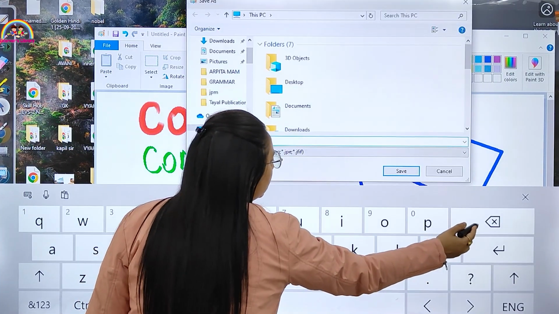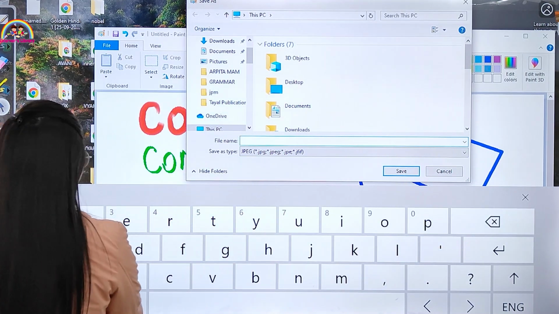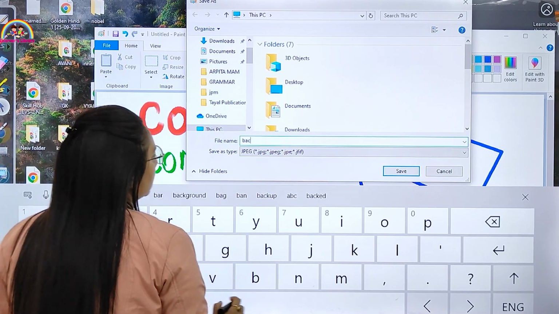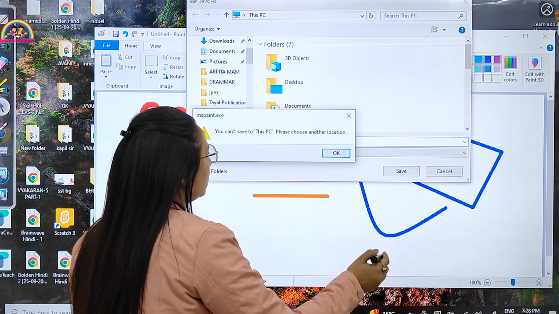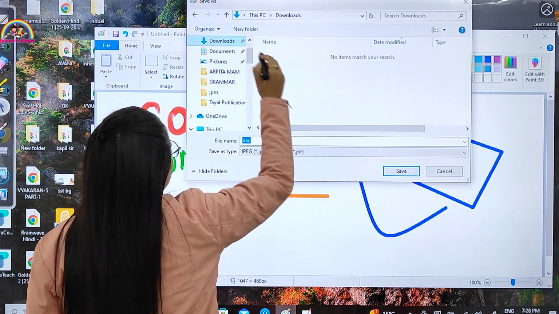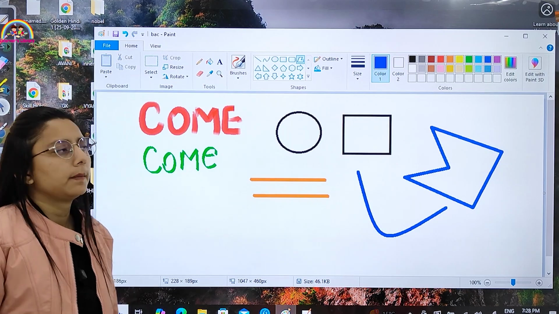You can rename it A, B, right? And you can save like this.